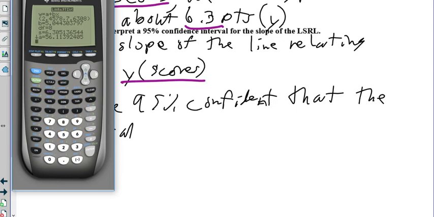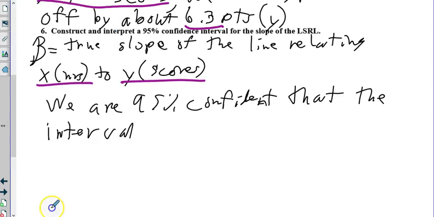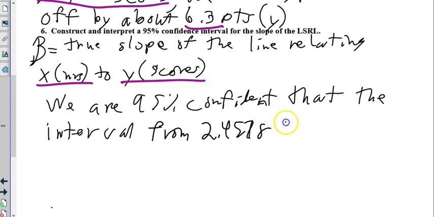And look, notice there is the S, 6.3, but we already gave that to you. So, we're 95% confident that the interval from, let me just get it off our calculator, 2.4578 to 7.6308